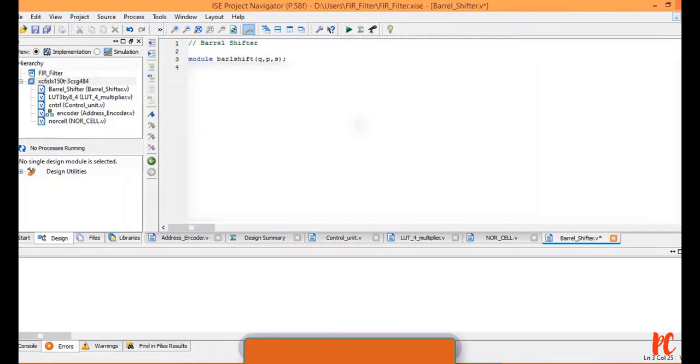So output followed by Q, one more input, which is as usual 8-bit, I call it P, and one more input 1 down to 0, I call it S.